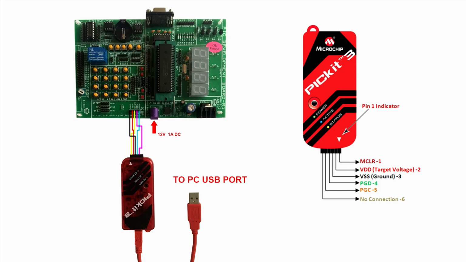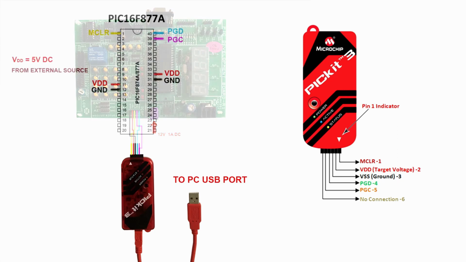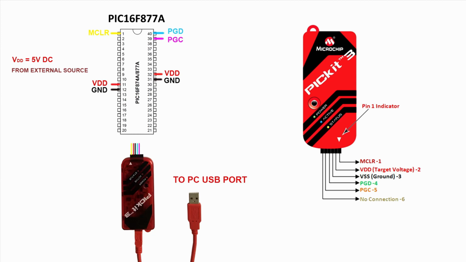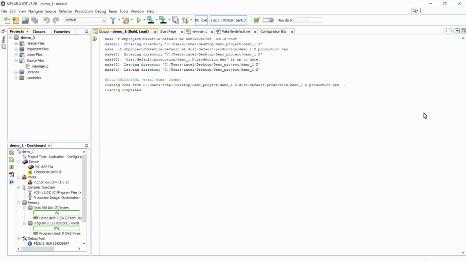If your development board is not showing these pinouts, or if you are not having a development board, you can directly connect the terminals of the PICkit 3 to the microcontroller pinouts as per this circuit diagram. Or you can just build this circuit in a breadboard for programming the microcontroller. Once the circuit is built,